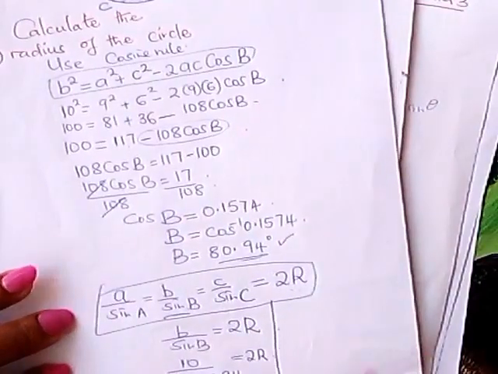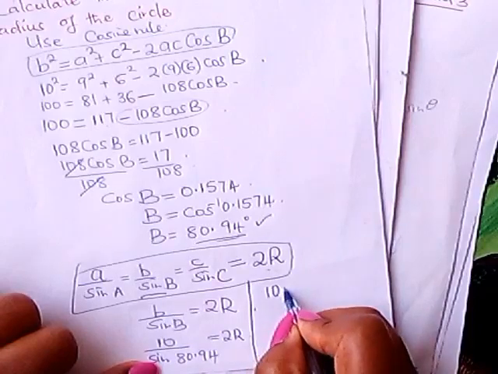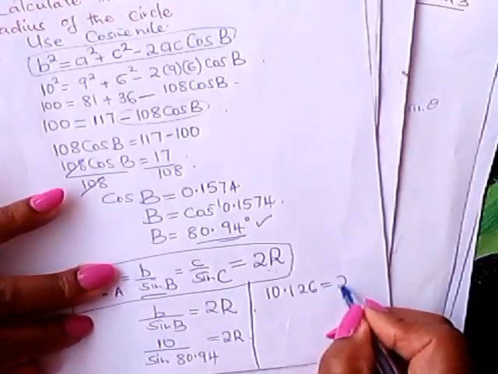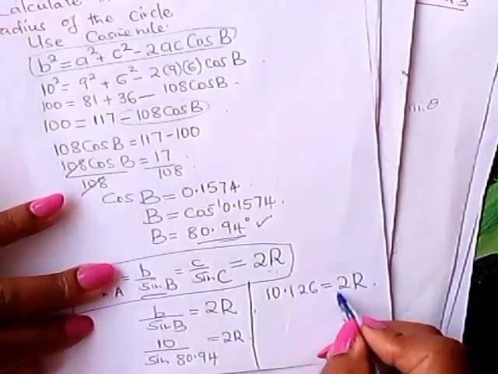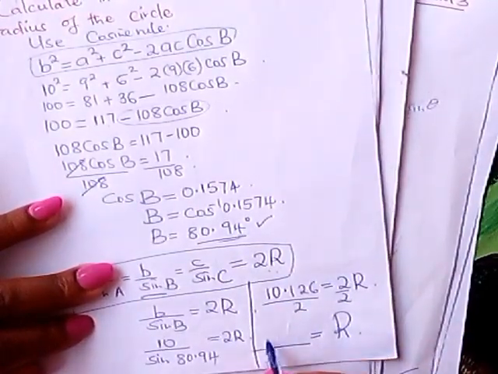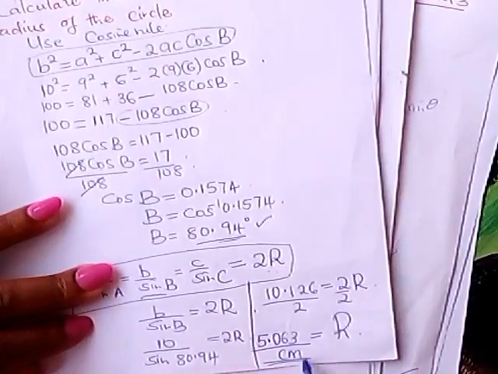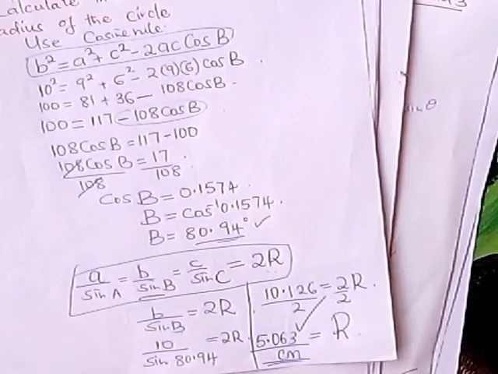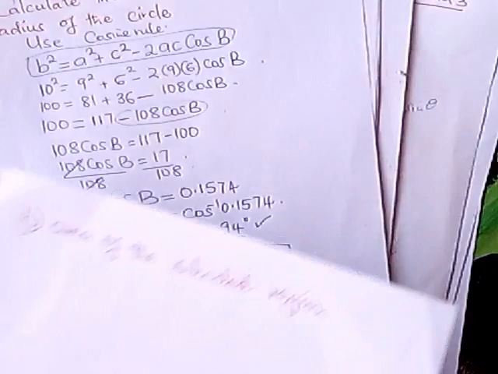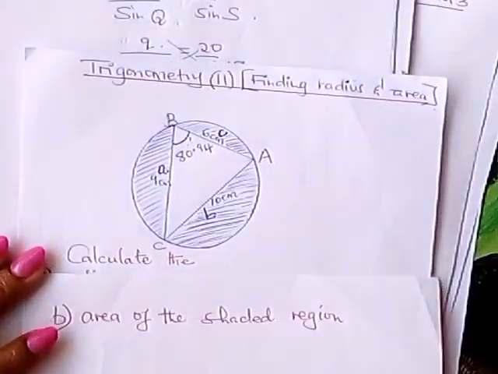So from there, learner, you divide this by this, you use a calculator, you get 10.126, to the nearest 3 decimal places, is equal to 2R. And therefore, what is your R? Divided by 2. Your radius, learner, is about 5.063 centimeters. Good. From there, learner, after getting your radius, you are now told to calculate